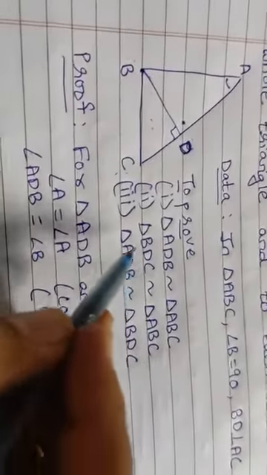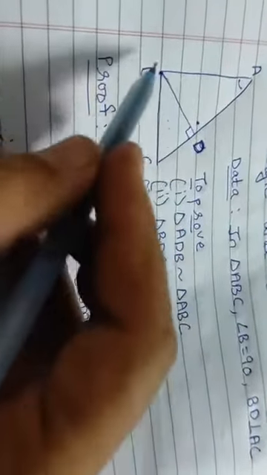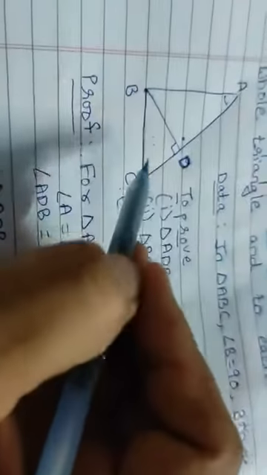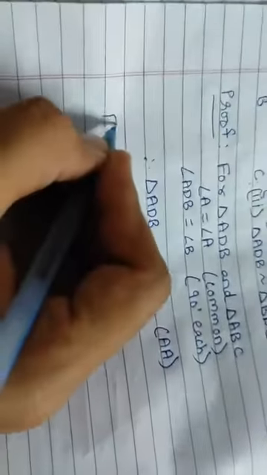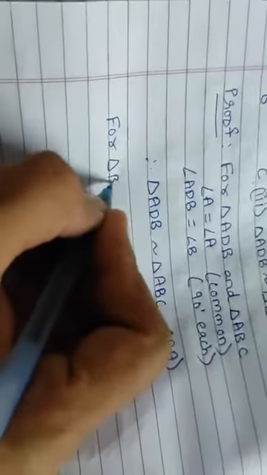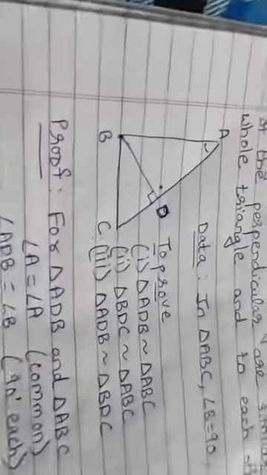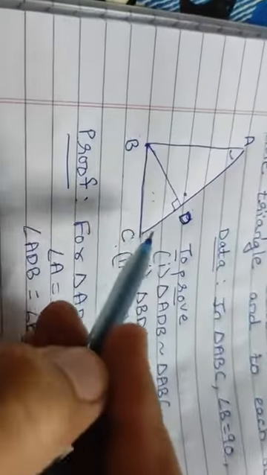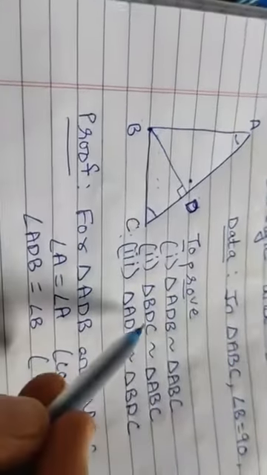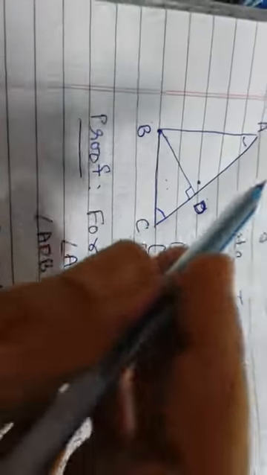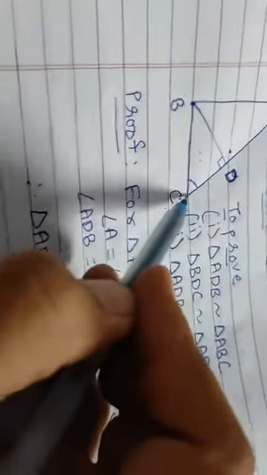Is it okay, students? Confirm? Let's go further. Now I move to triangle BDC and triangle ABC, and let us check whether they are similar or not. So for triangle BDC and triangle ABC, please check for these two triangles. First of all, do you think angle C is a common angle? In triangle BDC there is angle C and in triangle ABC also there is angle C. So angle C is a common angle.